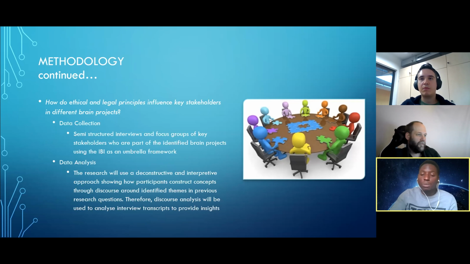How do they feel these principles should be governed? What are their own perceptions about these principles? We intend to use an approach called discourse analysis, where we aim to identify constructs through discourse and underlying cultural principles that have been used by previous research.